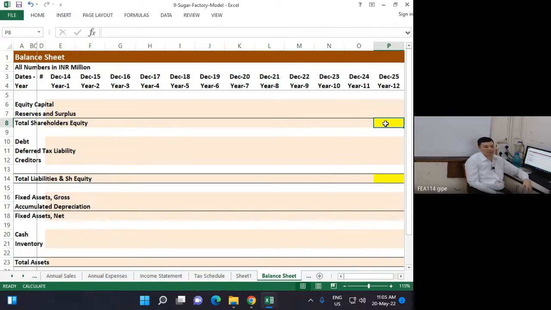First 2 years it will be zero, reserve and surplus. So last year's number is